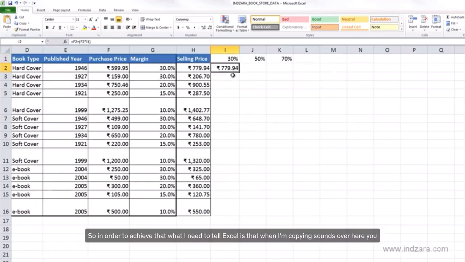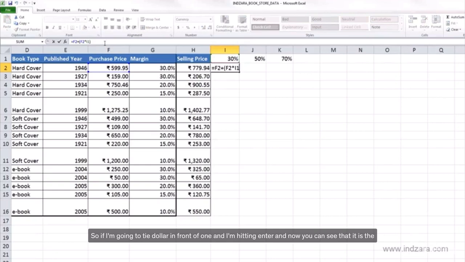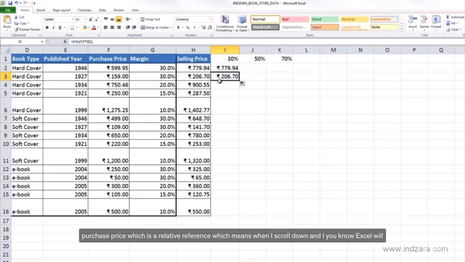So in order to achieve that, what I need to tell Excel is that when I'm copying cells over here, we have to lock the first row in I1. So if I type a dollar sign in front of the 1 and hit enter, you can see that the purchase price is a relative reference, which means when I copy down, Excel will increase the row in the cell reference, so F2 becomes F3 and then F3 again